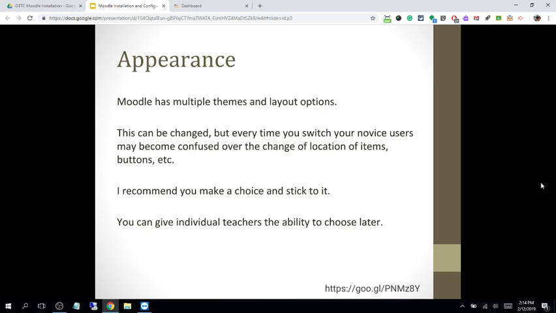come up with, do a vote, whatever, however you want to decide on what your theme is, and then make that the theme for the site, at least for the first year, while the students and the staff are all getting used to how Moodle works. If they go to another page and it looks completely different, and the buttons are all in a different space, and it's not like they're in the same place,